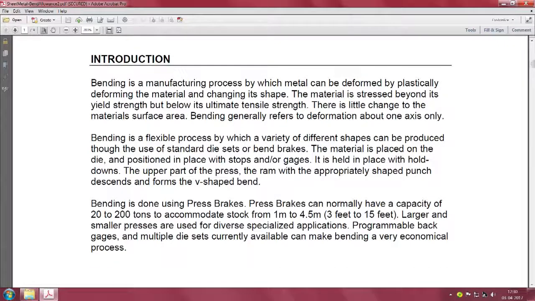It's a manufacturing process. Metal can be deformed by plastically deforming the material and changing its shape. Material is stressed beyond its yield strength, but below its ultimate tensile strength. That is where it continues a little ductile. Ultimate tensile strength will make it fail, it will break, which will happen in the case of 180-degree bends. Sometimes if you do not allow it to form itself at a given rate,